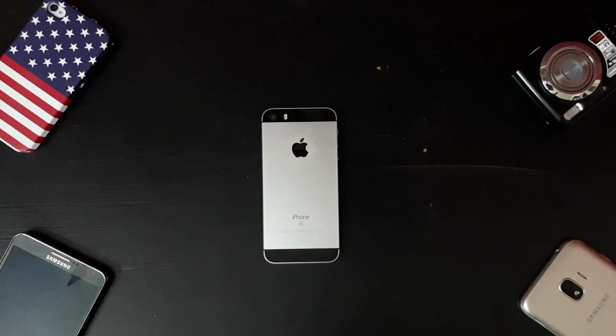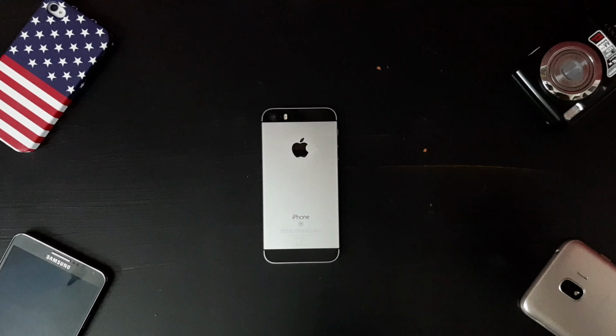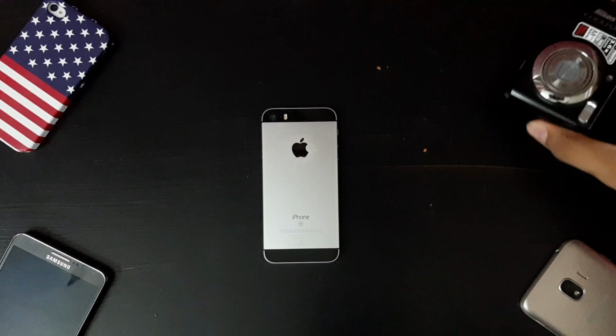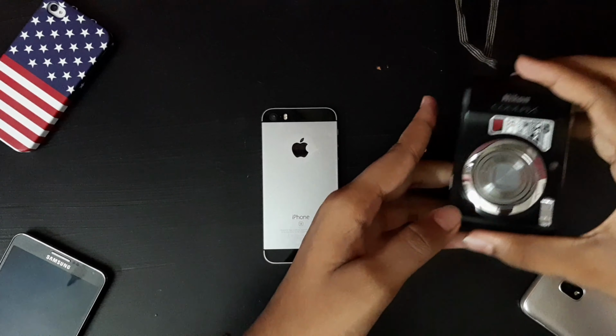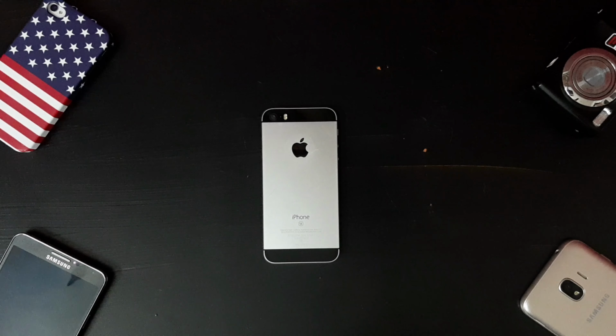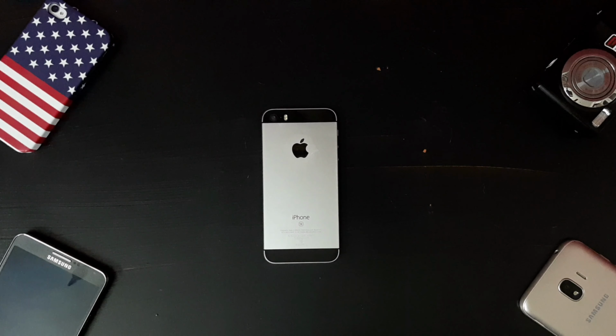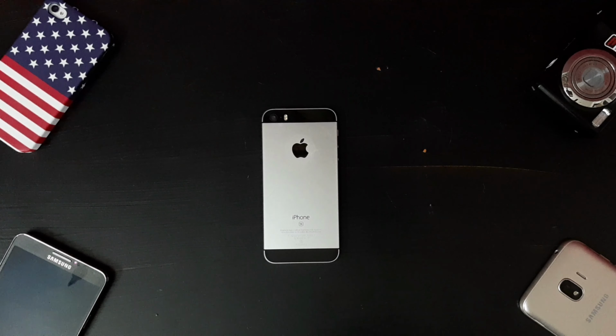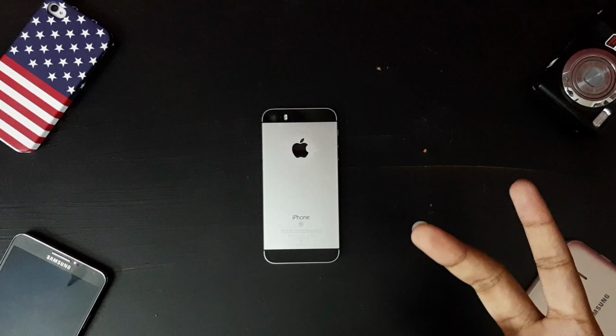Instead of taking videos or photos with your smartphone camera, it's better to use a normal camera or a DSLR, because the lenses in a normal camera are more wide open, which would capture more detail and brighter images compared to mobile smartphones. Most of the time, the aperture and the megapixels of the camera are mentioned on the back of the mobile phone's box. You can check your mobile phone's aperture and megapixels and how well your camera can take pictures or videos. So that's about smartphone camera, megapixels, aperture.